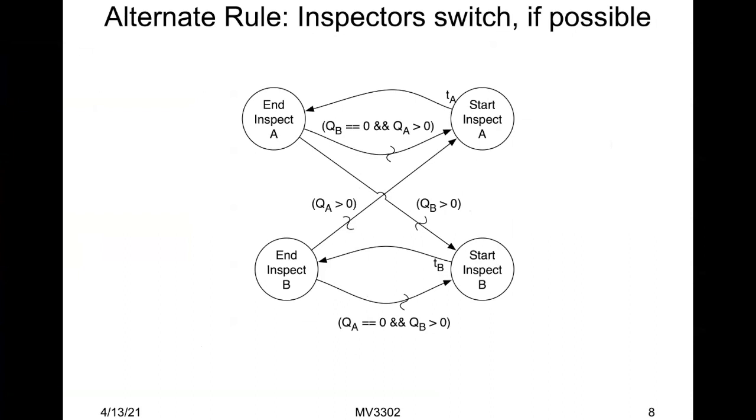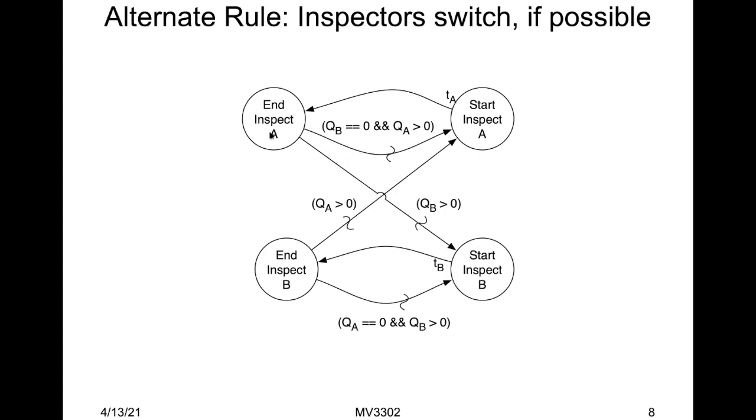So let's look at an alternate rule: we switch if possible. In other words, if I've just finished an A, then I want to do a B next. Maybe that should be a little more equitable. So how can I do that? Well, if I just look at the start inspect and end inspect events, and I don't have to look at the whole thing, but just at this,